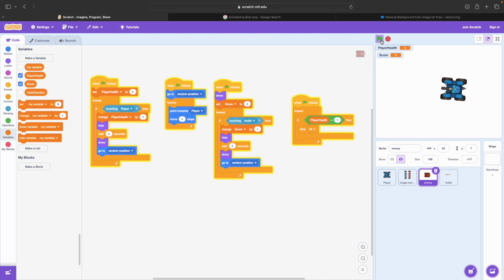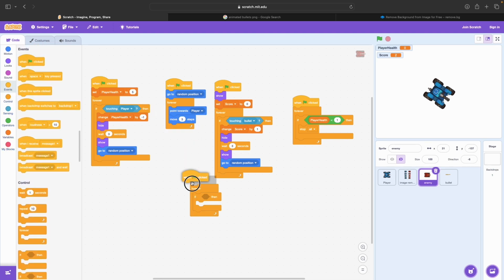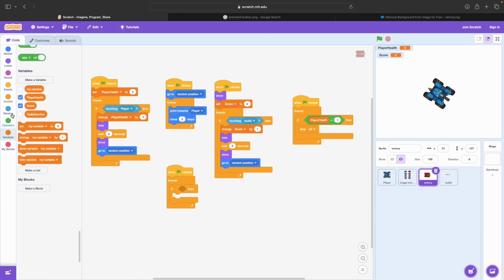Let's see. So I'm going to click on the green flag. Let's test it. I'm going to shoot the enemy. Okay, so the score increases by 1. Done. So the score is at 2. I will be building another logic that if the score is greater than 9, that means if it's 10, then you win the game. So when green flag is clicked, again,